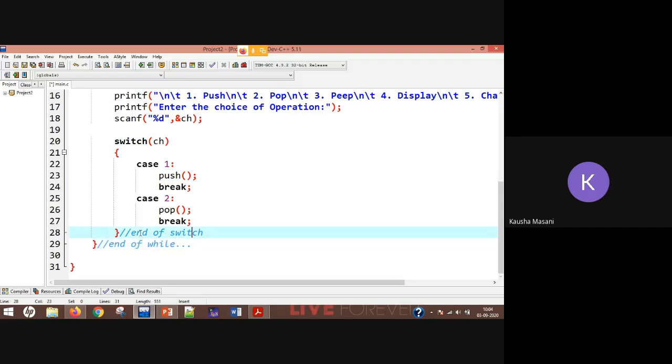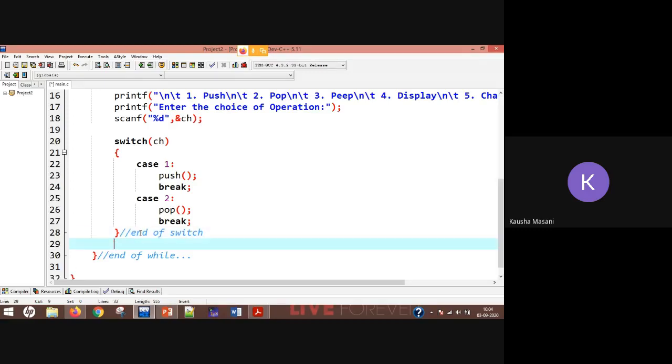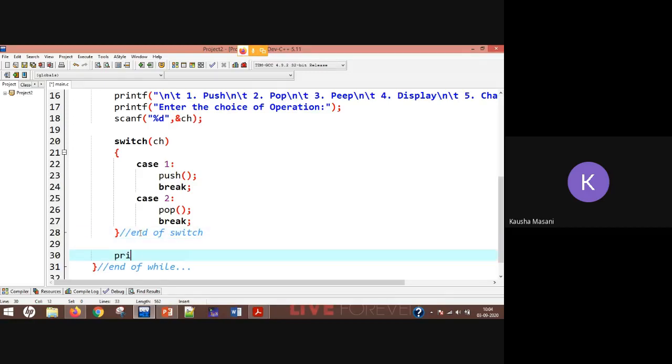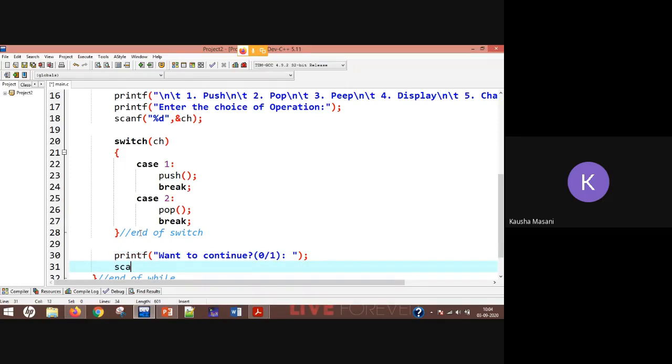But before ending this while, you are going to ask the user via a printf statement, want to continue, and the input which you are going to take from the user is either 0 or 1. Whatever input the user is giving you, you are going to scan it and store it in your variable c.